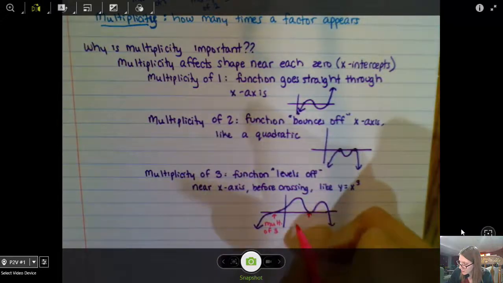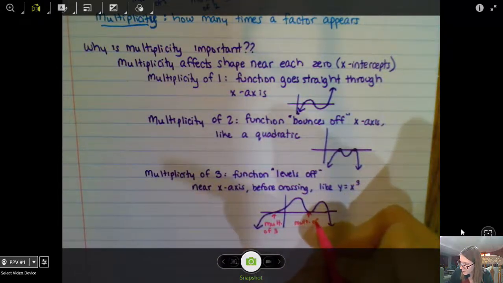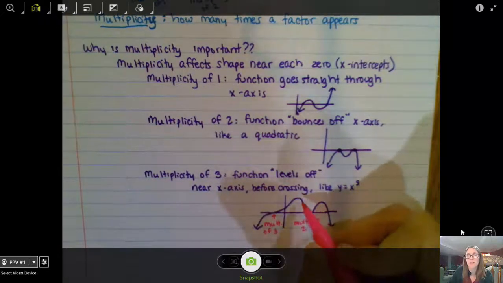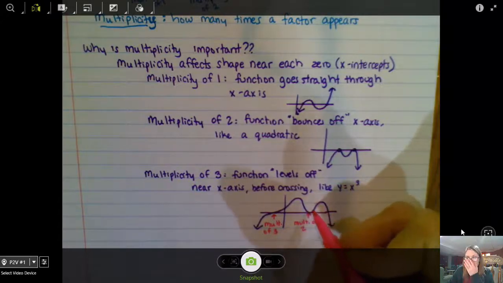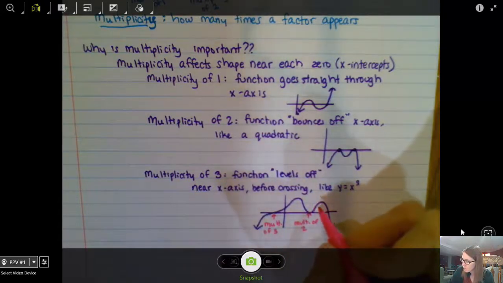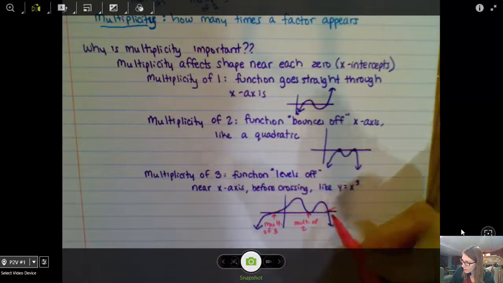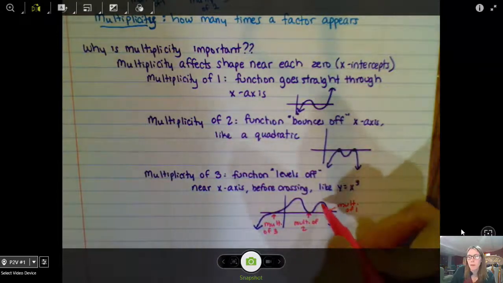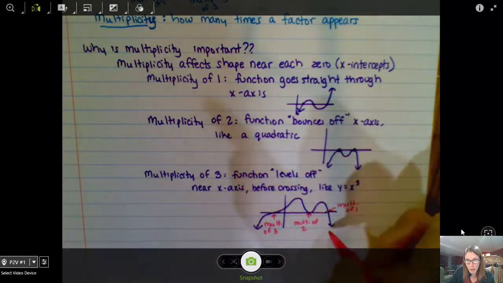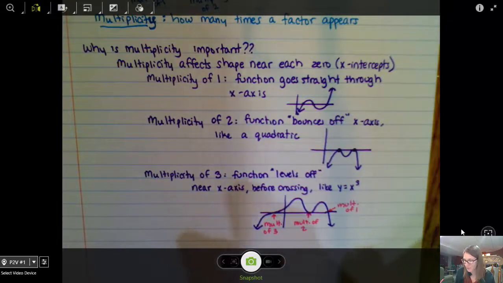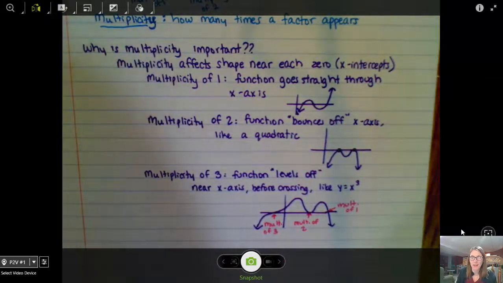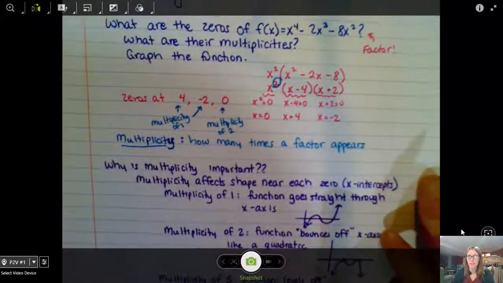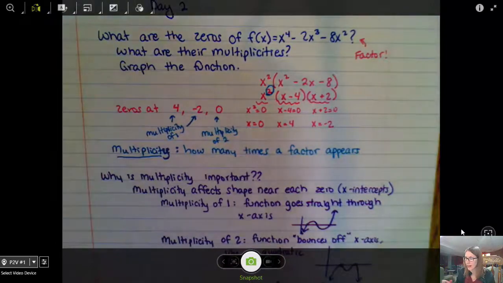Right here, this 0 would have a multiplicity of 2 because we bounce off the x-axis. We don't actually cross the x-axis here, but we bounce back the direction we came. And right here, this x-intercept would have a multiplicity of 1 because our graph goes straight through. Nothing weird happens here. So, knowing all of this information about how our multiplicities affect our graph,